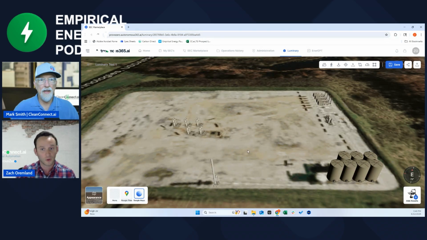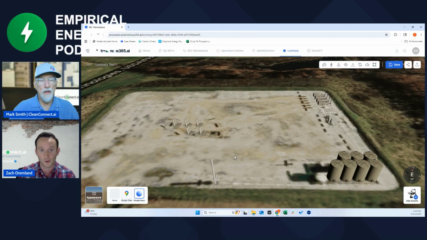One thing that we'll do at the end of the call is ask you to send over an example site that you're looking to get 24/7 eyes on. We'll have you send the latitude and longitude. And we have a software called Luminary where we'll digitally twin that facility with all the equipment. If it's a production facility like we have shown here, you have your wellheads in the middle, production separators, compressor, tanks, and a flare. This gives us the ability to virtually place where our towers and cameras should be placed for proper coverage for detecting gases, liquid leaks, fire and smoke where it shouldn't be, and to monitor for